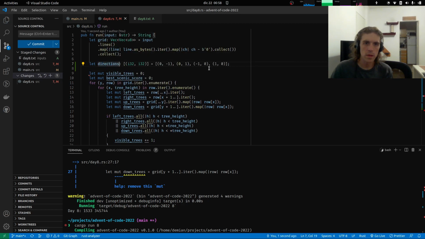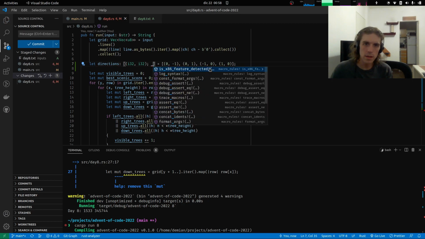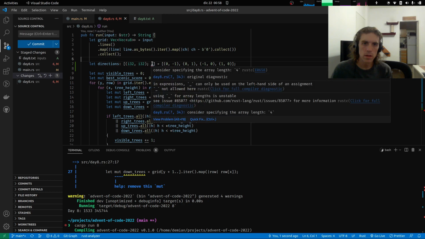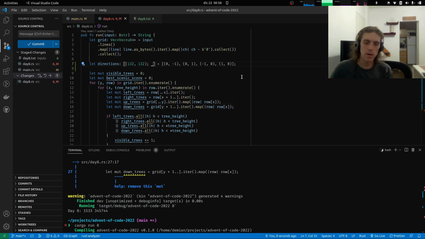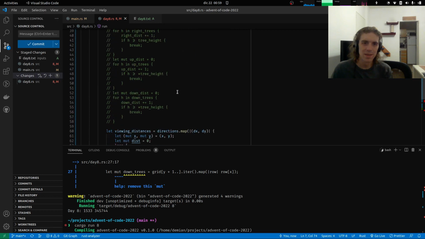Can you infer this thing? I don't know why inferring static arrays is not working, the compiler should know this. Anyway,